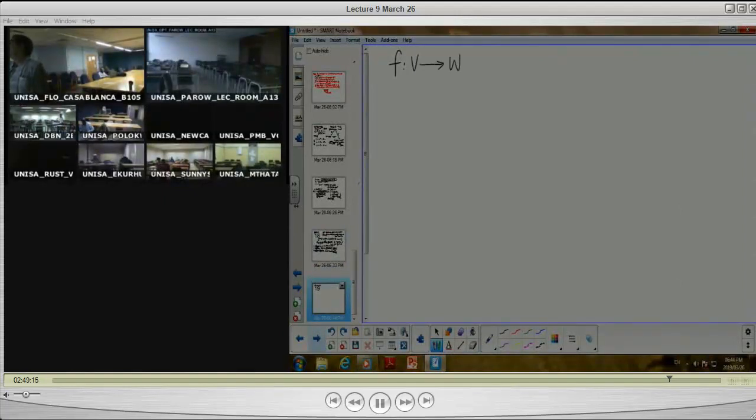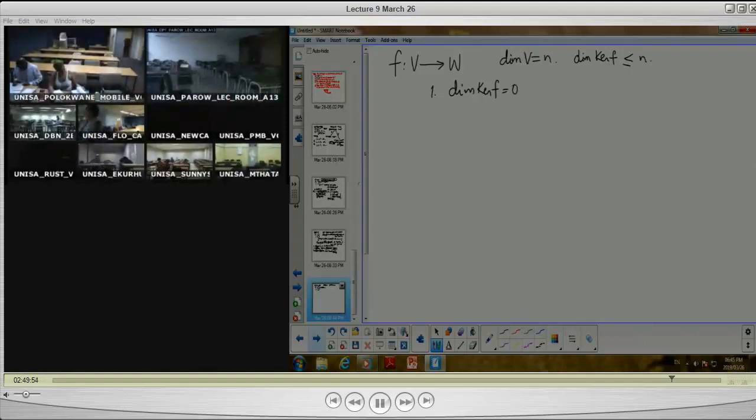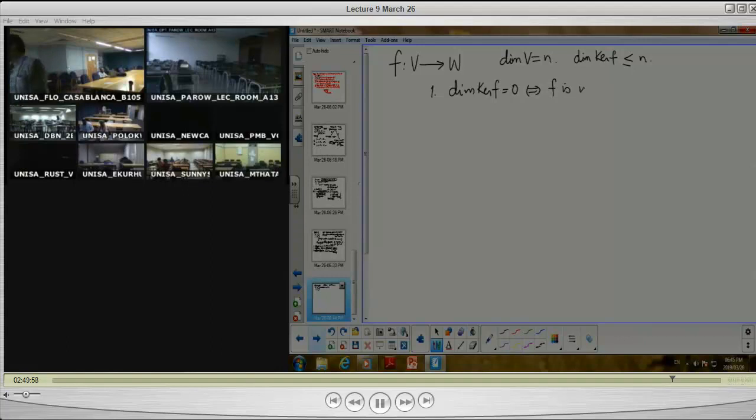And hence, for any basis, let's say if you take a basis B, F of V1 is a basis for the image of F, and hence